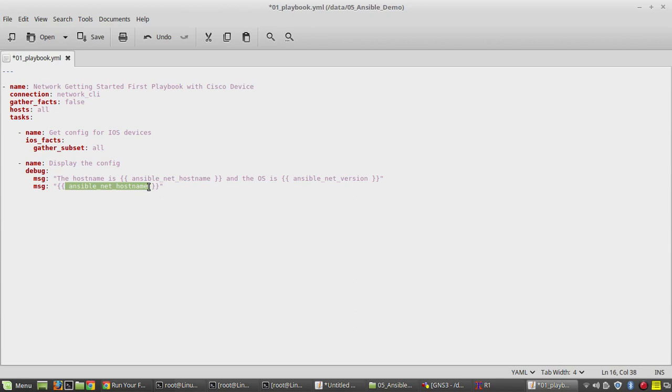Here the value should be hostvars inventory underscore host name. Now we'll try to execute it.